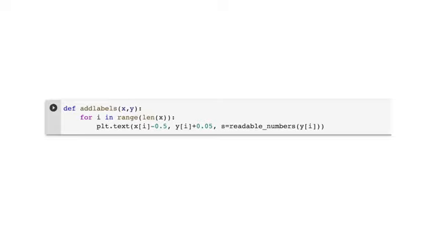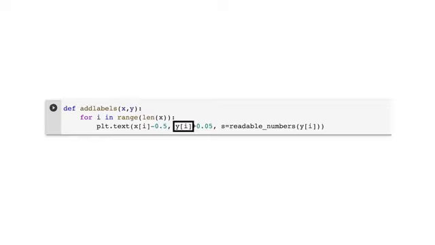You may recall that a scatter plot represents relationships between different variables with individual data points without a connecting line. To start the scatter plot, let's first add labels to each point on the plot. We'll define them using the add labels function for x and y points. The plt.text function allows us to define how we want the text of each data point to appear. In this case, we tell the text to start 0.5 pixels to the left of the data point and to start 0.5 pixels above the data point.